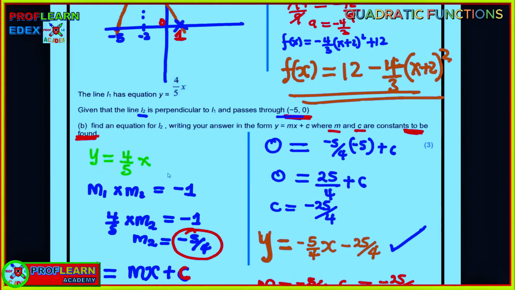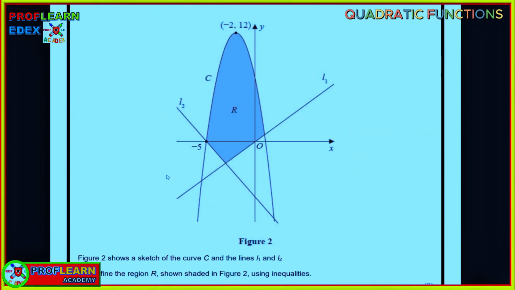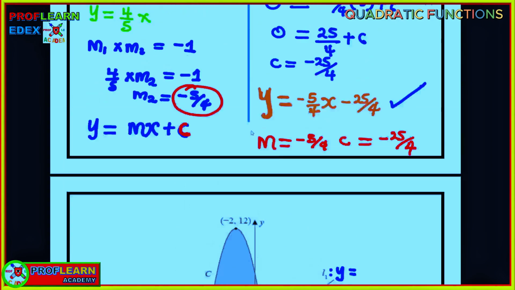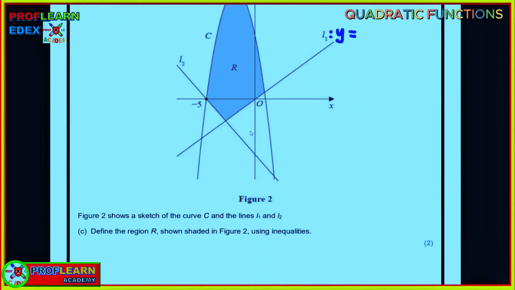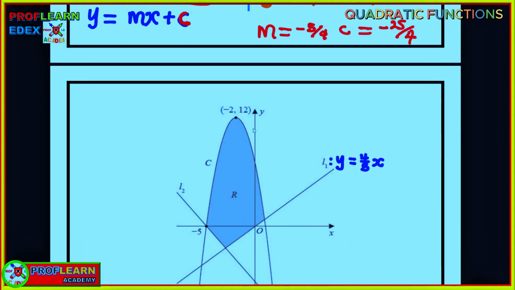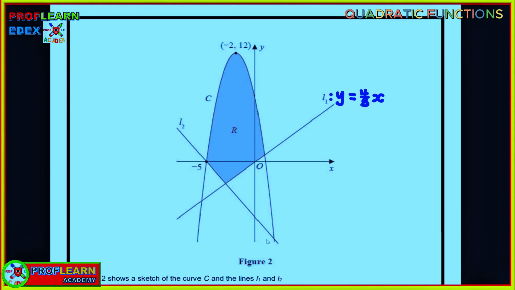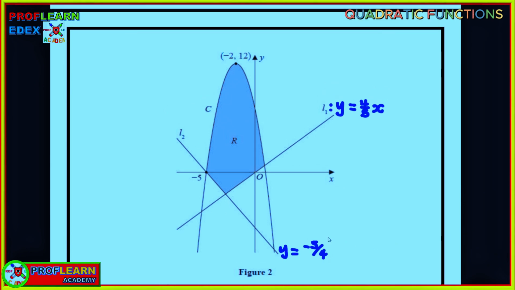Now, having obtained the equation of L1, or rather M1 or L1 was given, we can write it as y equals, let me write it here so that we can use it later, 4/5x. This was given as 4/5x. L2, we have gotten it, and our L2 is the equation y is equal to -5/4 x minus 25/4,